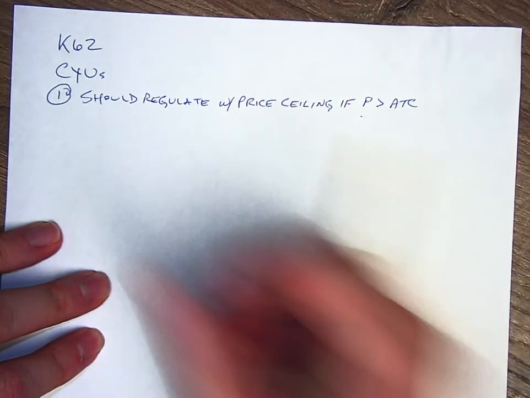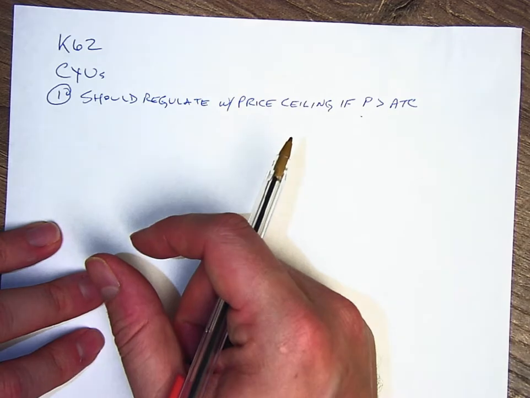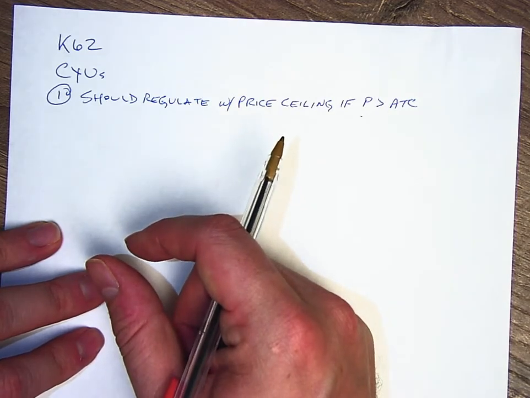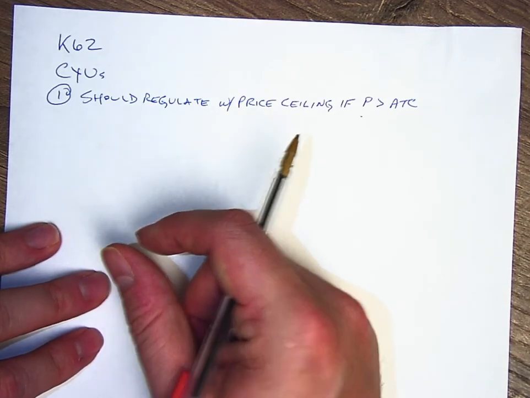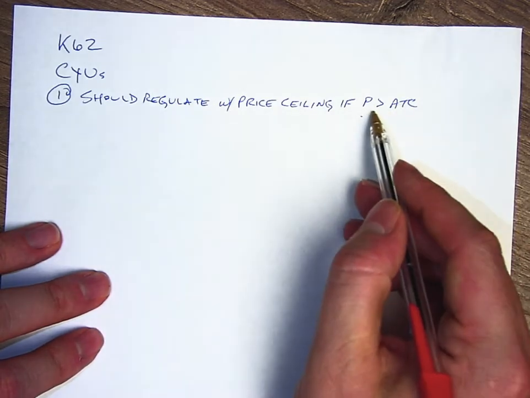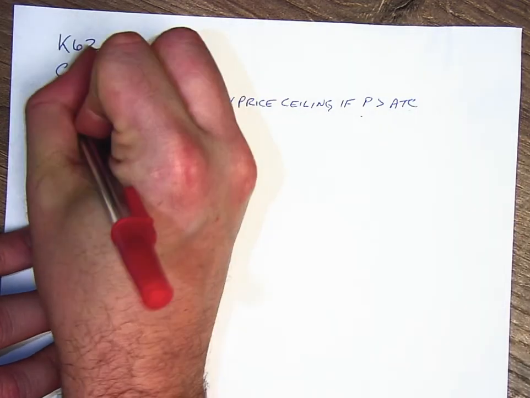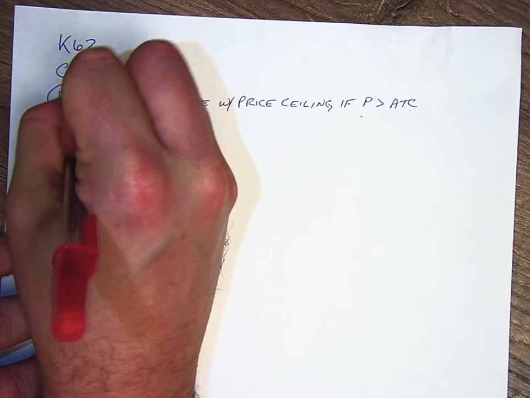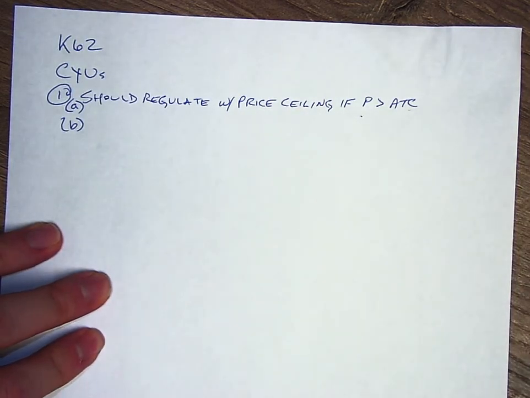If price equals the ATC or price is less than the ATC, then the firm is right that it is charging prices that are trying to recover the cost of the cable. So this is the only condition where that would be true. So that's A. B says the only two airlines that fly to Alaska want to merge, and other airlines want